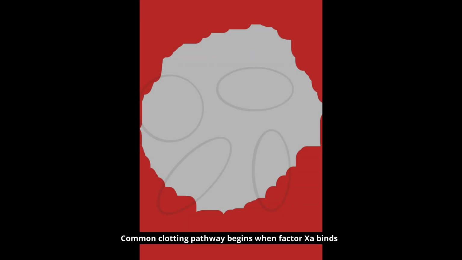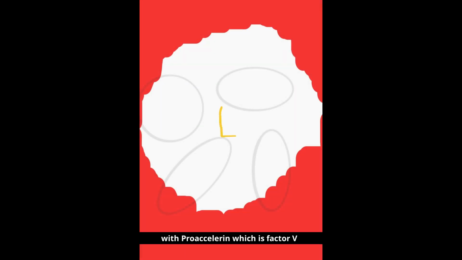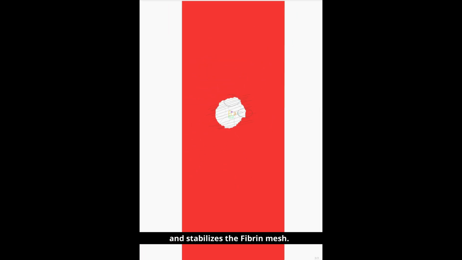The common clotting pathway begins when factor 10A binds with proaccelerin, which is factor 5, and calcium ions, factor 4. This binding is called the prothrombinase complex. This complex converts prothrombin, which is factor 2, into its active form thrombin, and thrombin converts fibrinogen, factor 1, into its active form fibrin. Fibrin activates fibrin stabilizing factor 13A, which forms cross bridges in the fibrin filament and stabilizes the fibrin